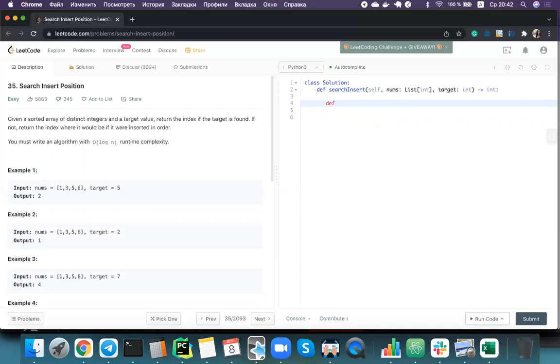Okay, we have an inner function. It will be half search, and I'm going to insert this nums. It will be different nums. First of all, it will be our whole array, but